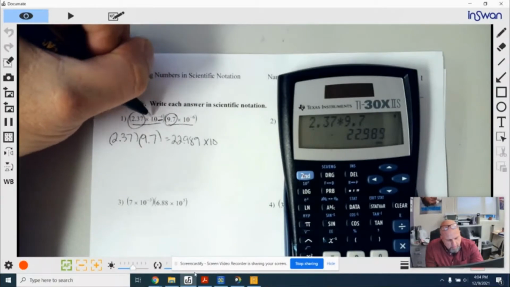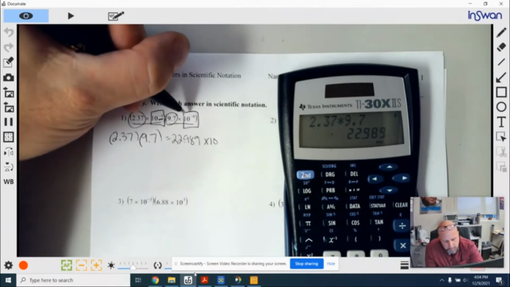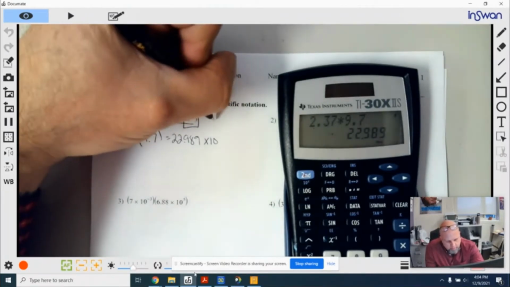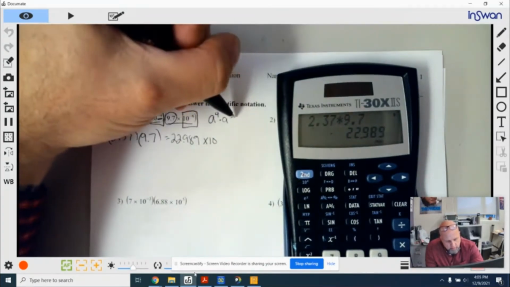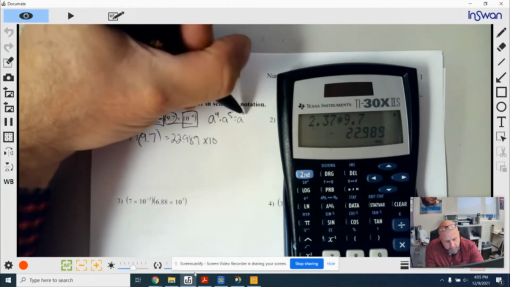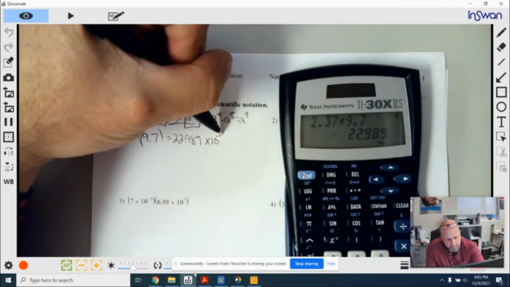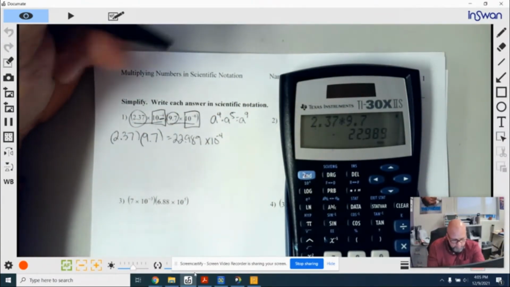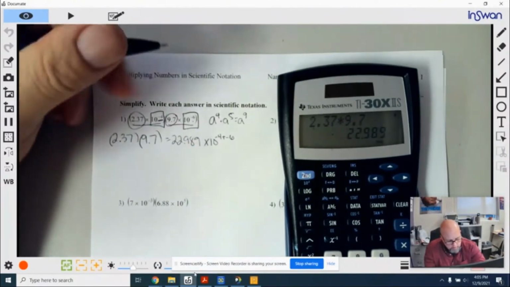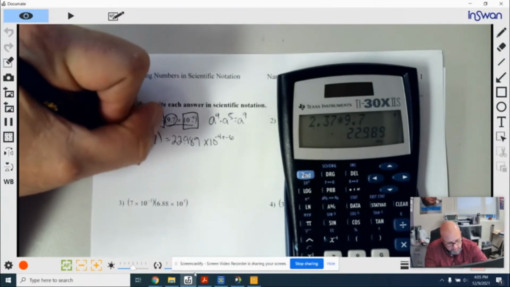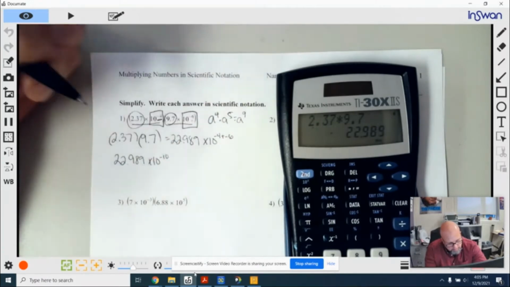Well, if you have a number with an exponent and it's being multiplied by the same number with a different exponent, for example, a to the 4th times a to the 5th, what we did was we just added these, 4 plus 5, and we got 9. So it's the same concept here. We have this 10 and we're going to take -4 because of that exponent, and we're going to add -6 for this exponent. Okay, so I have